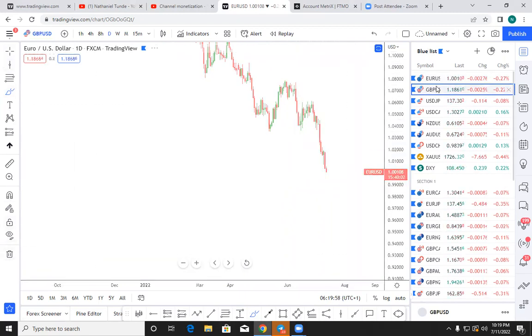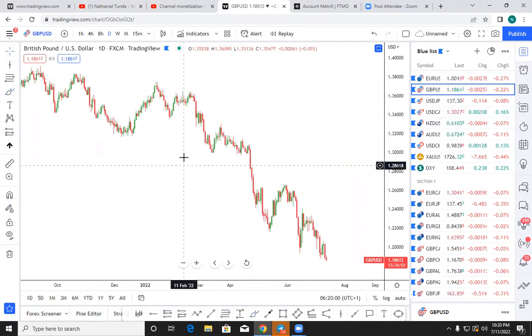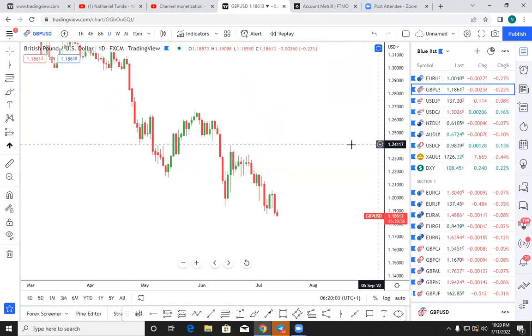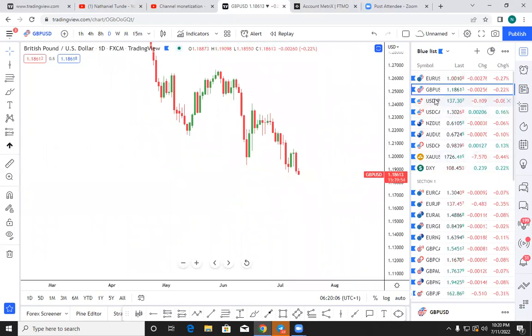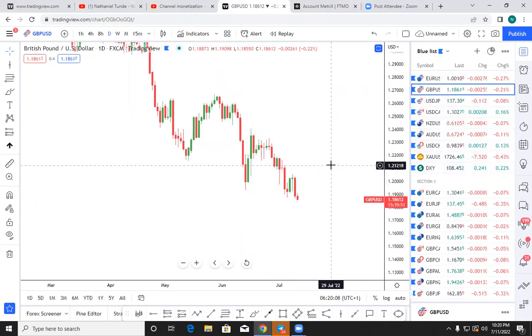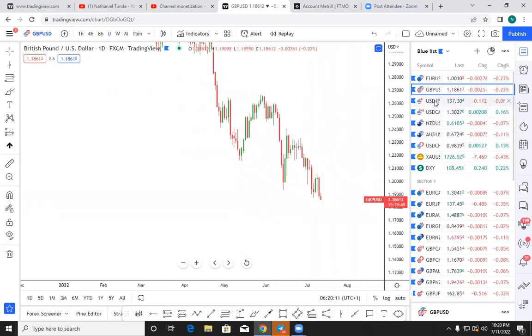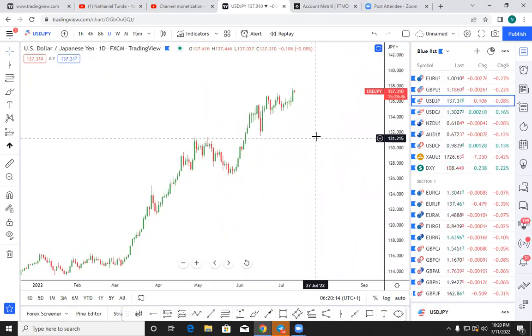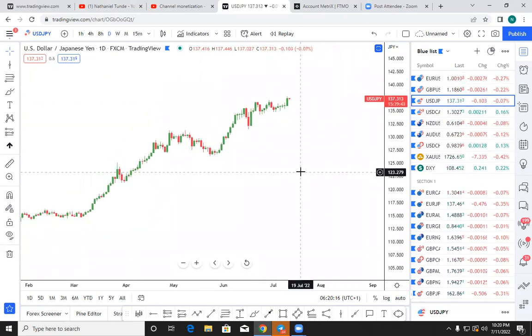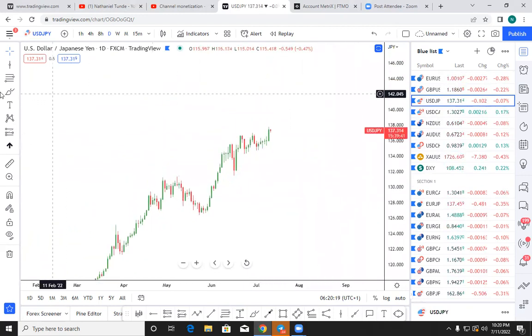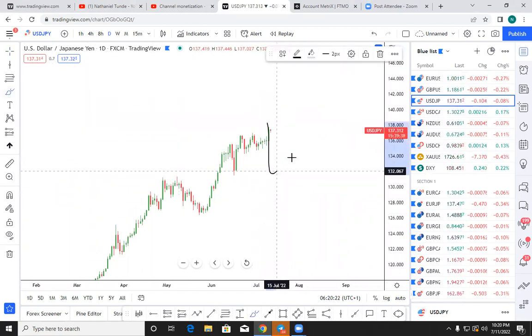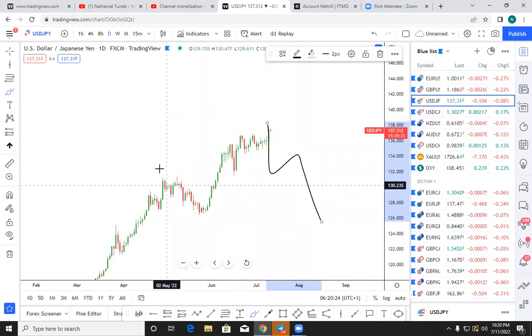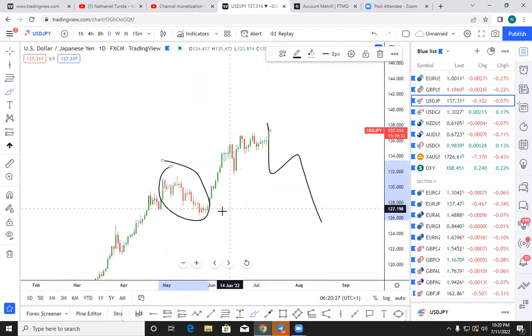You also see GBP/USD. All of them will continue to make a move to the downside as long as DXY still remains bullish. All these ones will still be bearish. Can you see? Even USD/JPY is finding it difficult right now. Yes, USD/JPY is actually due for a bigger correction than this. This was a correction, but it was not big enough. It's due for a bigger correction. But it cannot do that correction because DXY is bullish.